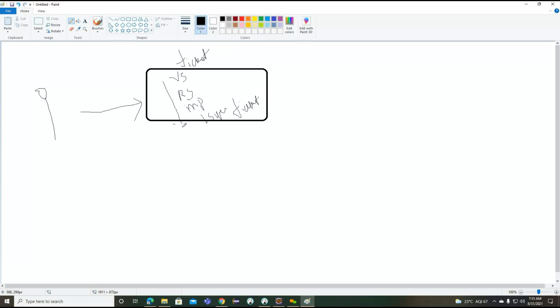Now these are the 4 basic operations. Whenever we open this ticket related website, we are going to perform these 4 operations: verifying the seat, reserving the seat, making the payment, and the application issuing the ticket. If everything is successful, the transaction is going to commit, and if anything goes wrong, the transaction is going to roll back.